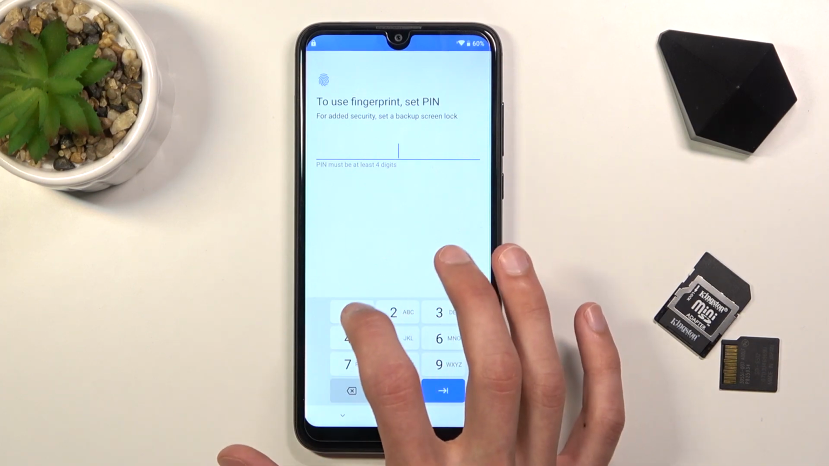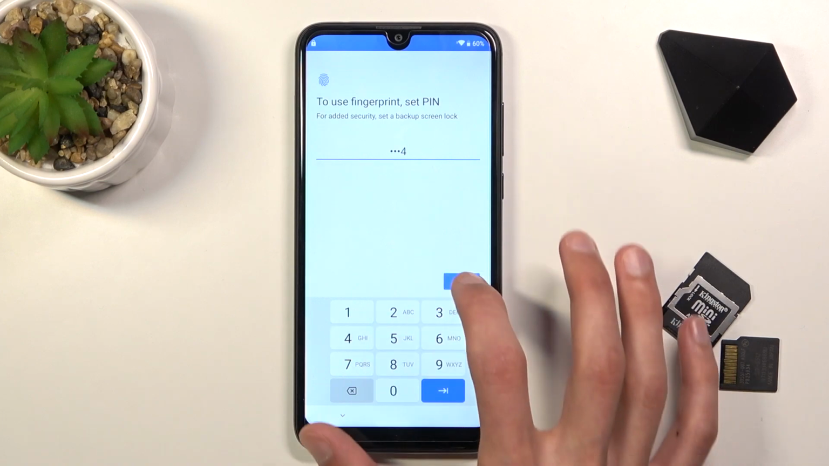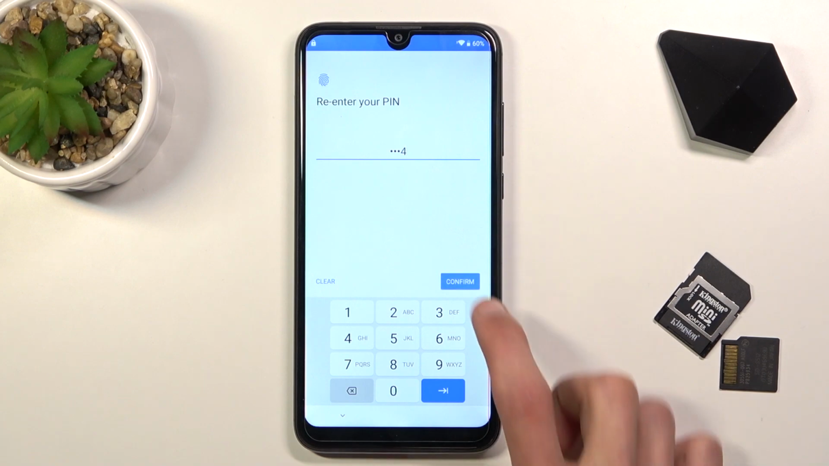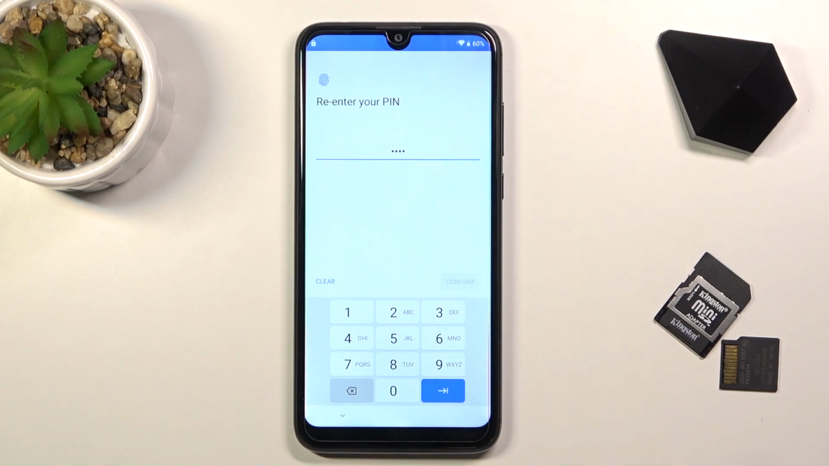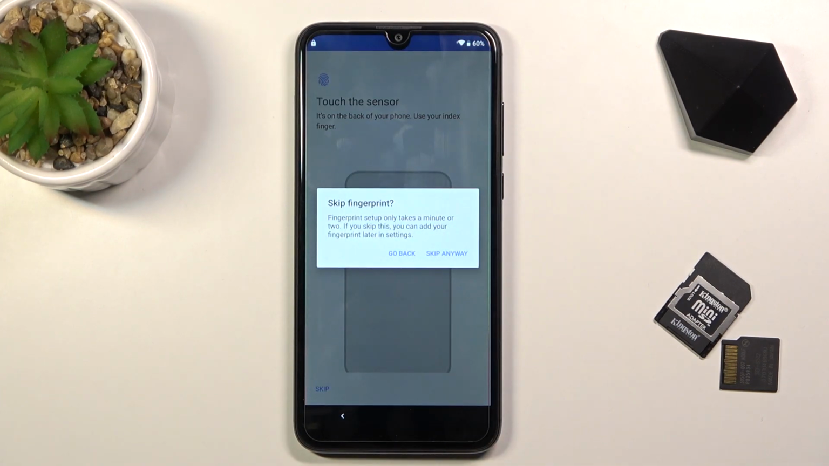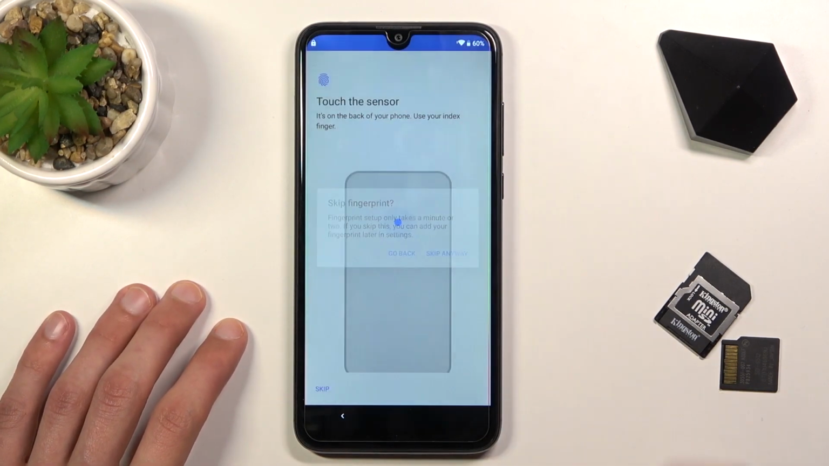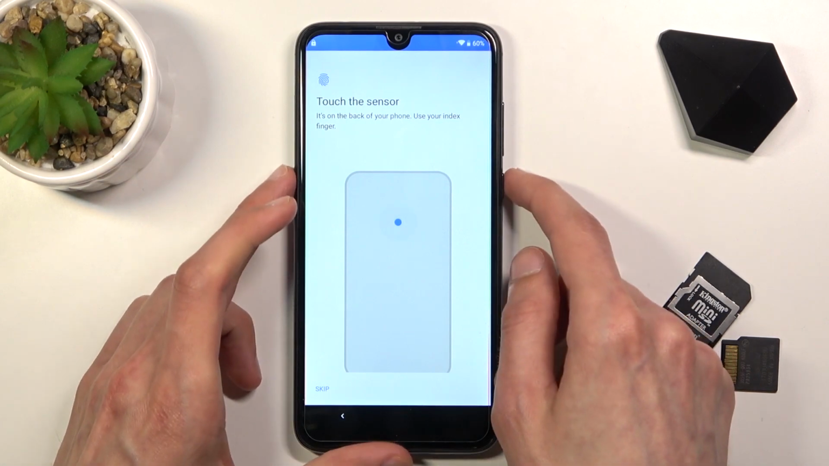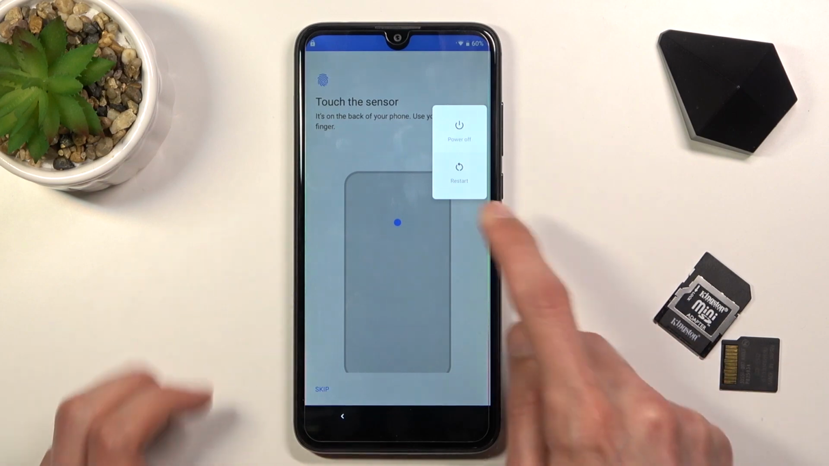So I'm going to select to be 1, 2, 3, 4, and select next, and again repeat it once more, 1, 2, 3, 4, confirm, and this will set that pin. Now what actually happened right now, apart from this being or setting up a pin, it has also overridden the old way of unlocking the device. So let's hold power key this time, select restart,